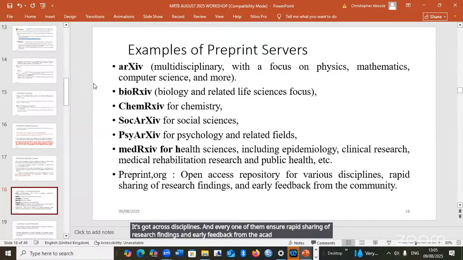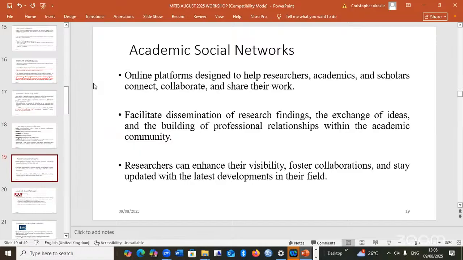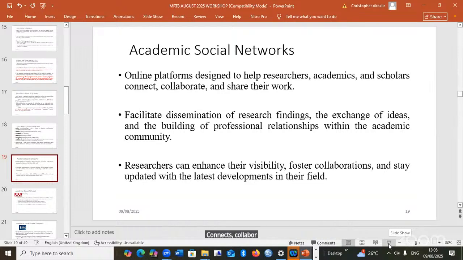The next thing we'll talk about is the academic social network. Academic social networks are online platforms that are designed to help researchers, academics, and scholars connect, collaborate, and share their work.